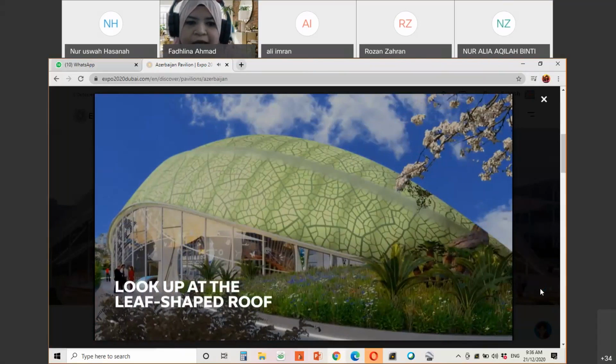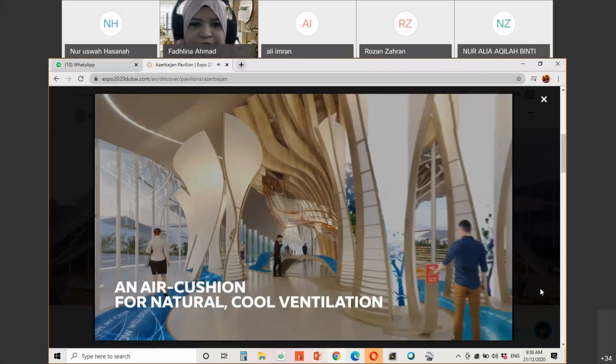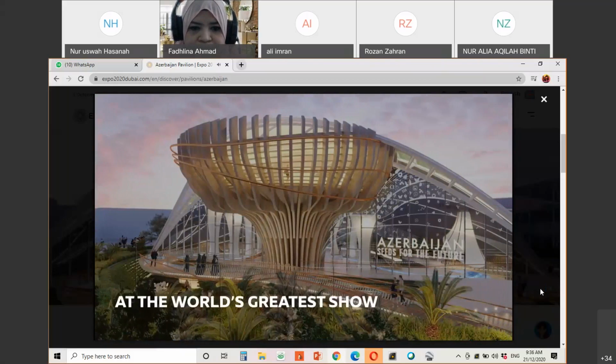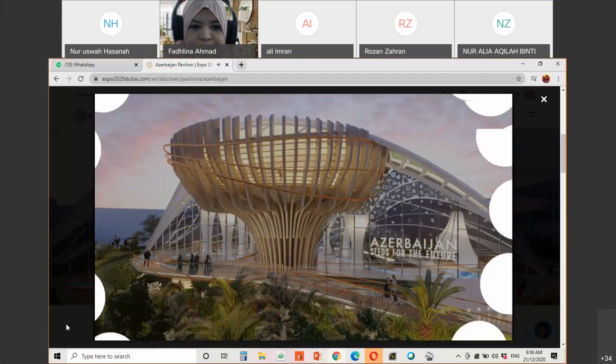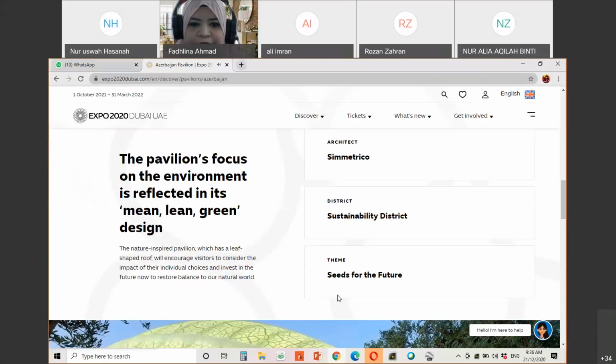Okay, and then it uses leaf shaped things. It is something to do with nature. So you can see all the examples in this Dubai one,